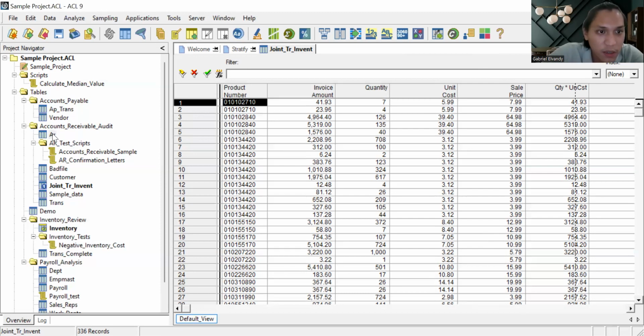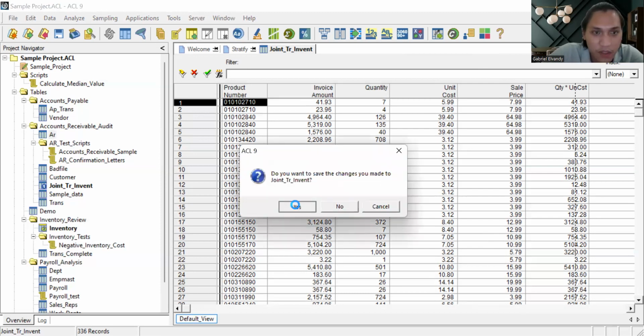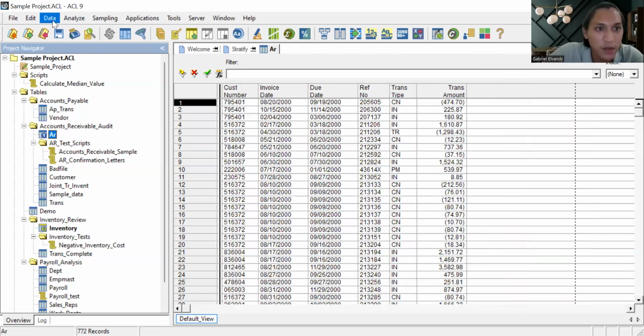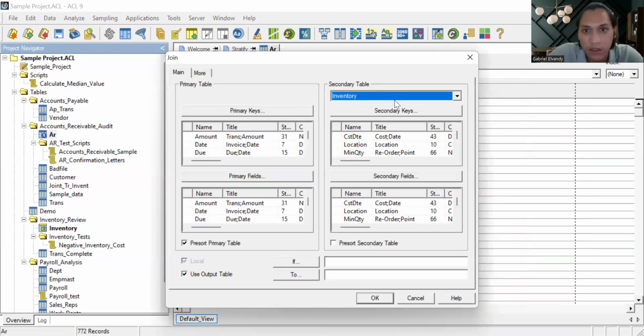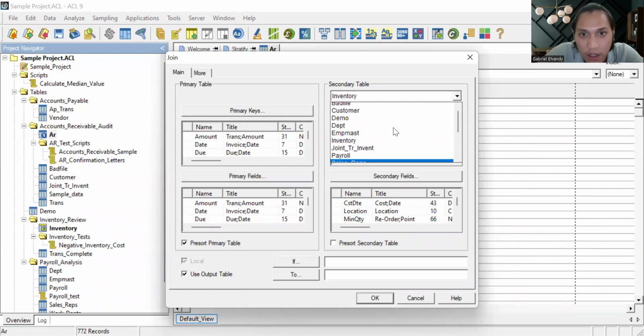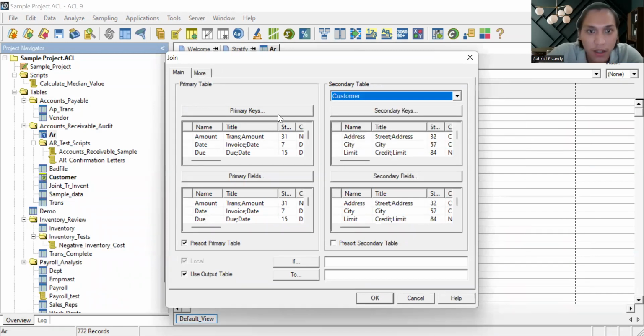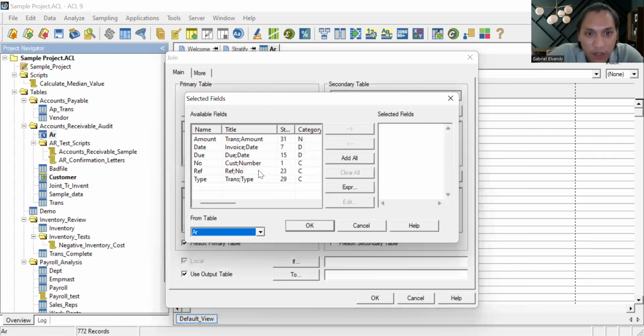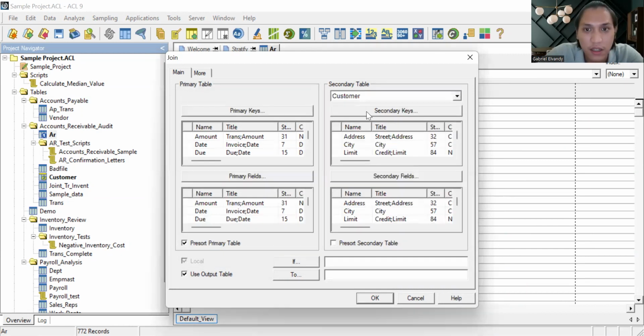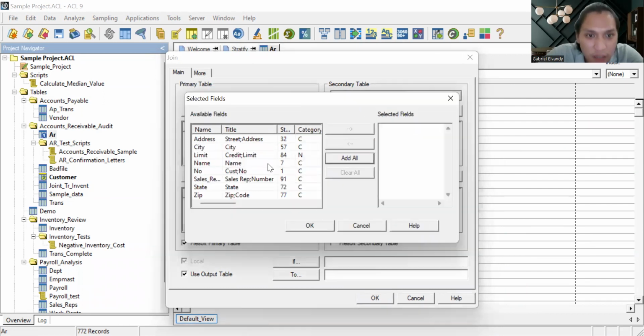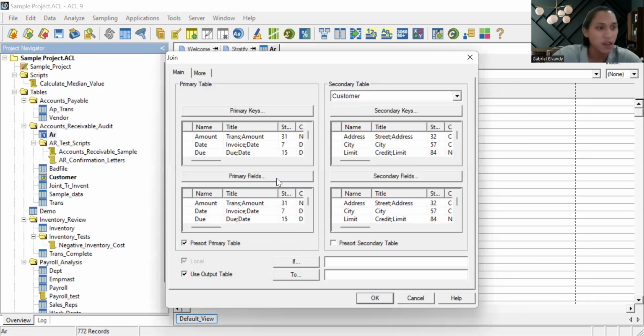So we will double click the AR, and then we click Data and then Join Tables, the same as before. In here, we will choose the customer. For the primary keys, after checking, the customer number should exist in both keys. Okay, we have customer number and customer number as the key. And for the primary fields,